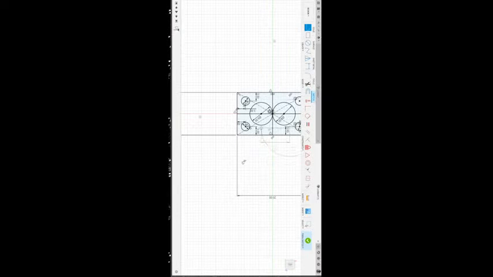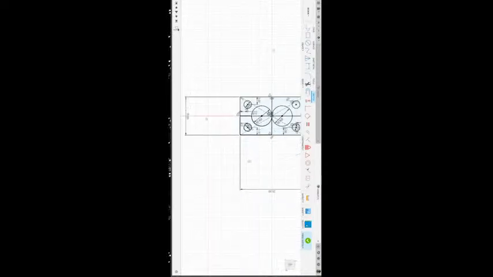So I'm giving a line. I'm not going to mention any dimensions. I'm just hitting enter. Let's say here. So what I'm going to do is hit tangent. I want this line to touch this circle, so it is going to be tangent, and again I want this line to touch this other circle also. So in case I'm giving tangent,